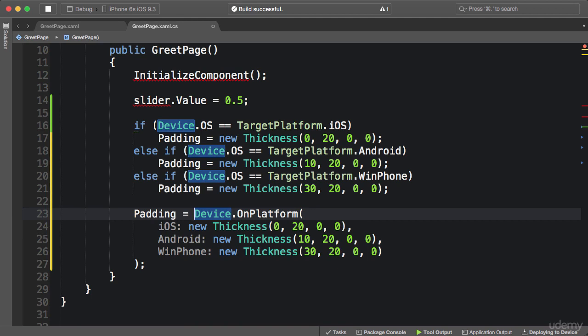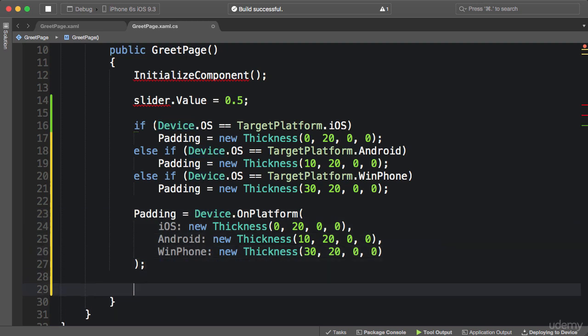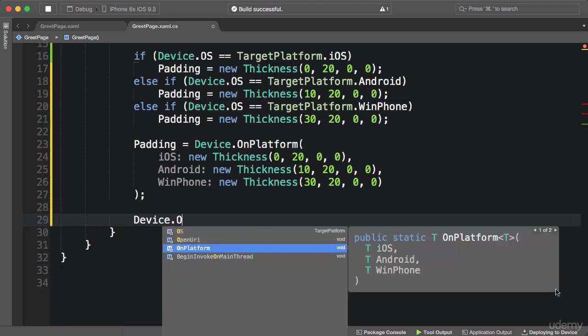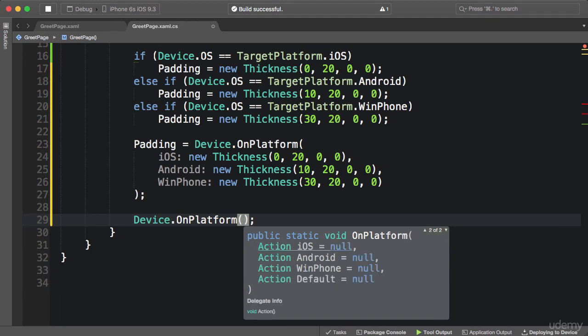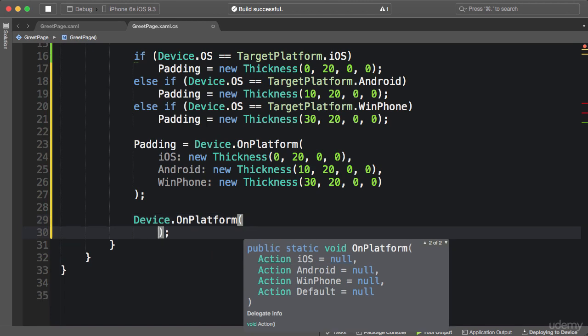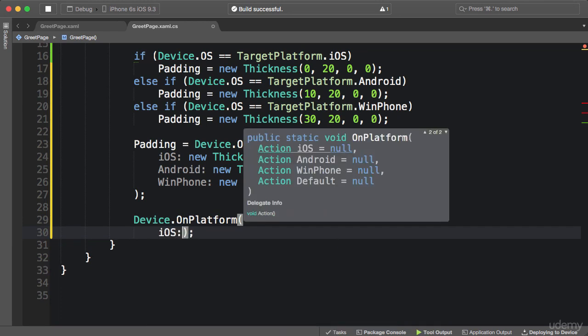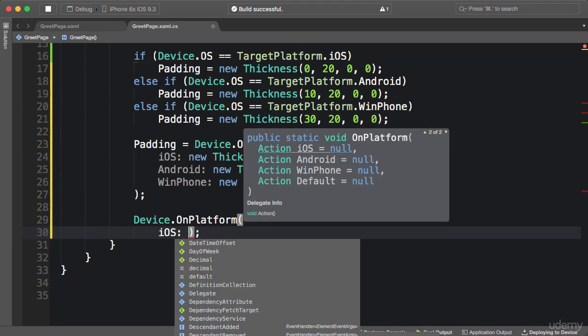Now, as I explained earlier, this onPlatform method also has a non-generic overload. Let me show you how that one works. So device.onPlatform, I'm going to use the non-generic overload. You can see here we have 4 parameters, and they all are optional because they are set to null. So let's say I want to execute some code only on iOS. Then I can supply the name parameter here, iOS. And here I need to specify an action. So I'm going to use a lambda expression for that,